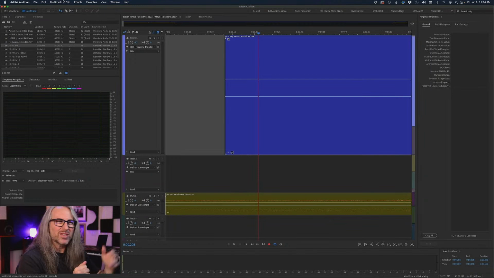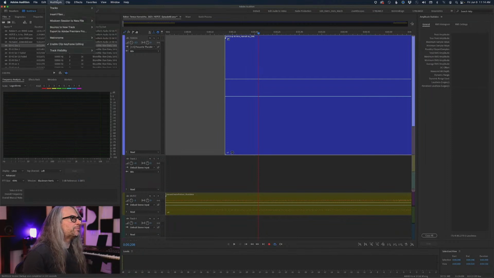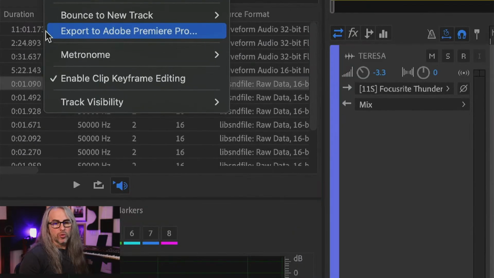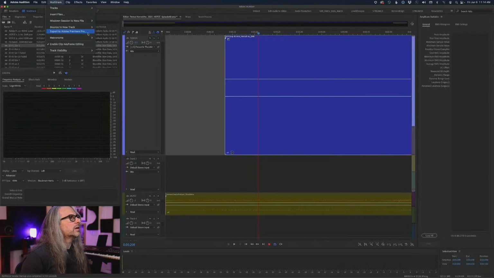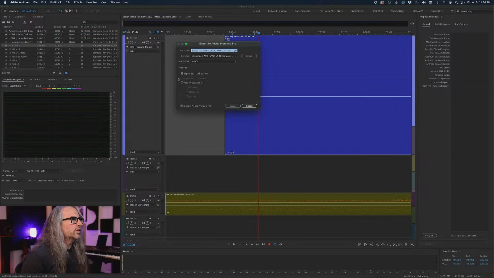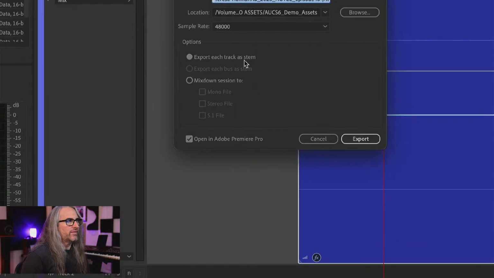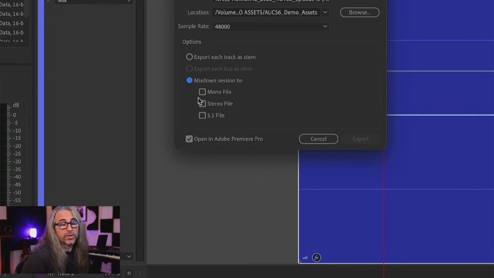Again, especially if you're doing sound design, it's just a lot easier to work with the interface. Once you're done with that, you can see that you have an export to Premiere Pro option here. And then from there, you can choose if you're going to send everything back as a stem or as a mixed file, or again, you could theoretically do both one at a time.